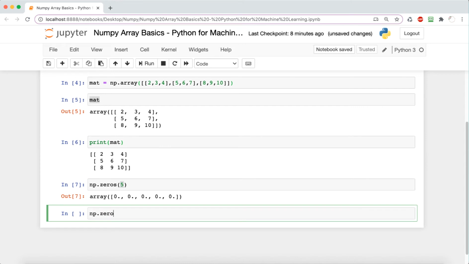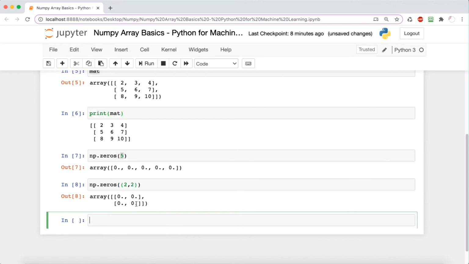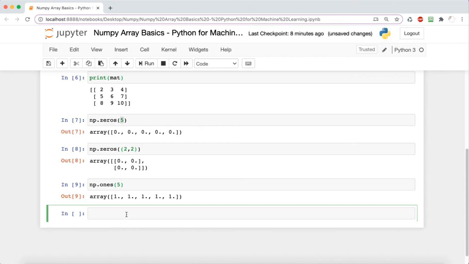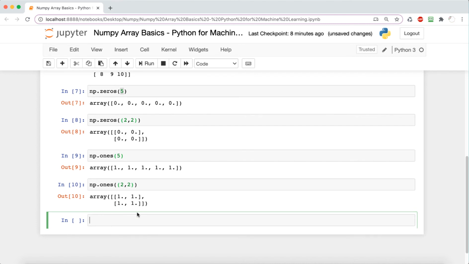The next one we're going to look at is np.zeros, but with 2 parameters. And this one is basically going to output a multi-dimensional array, all with zeros again. And it will kind of have the same layout as our mat variable above, because they're both multi-dimensional arrays. And the next one is np.ones, and this one is also pretty self-explanatory. As you can see, it outputs an array with ones. And we can again do that multi-dimensional form of it.